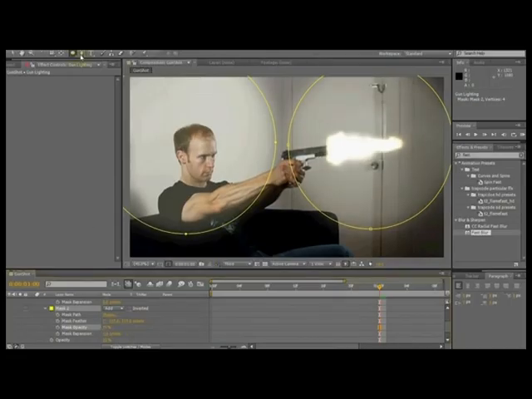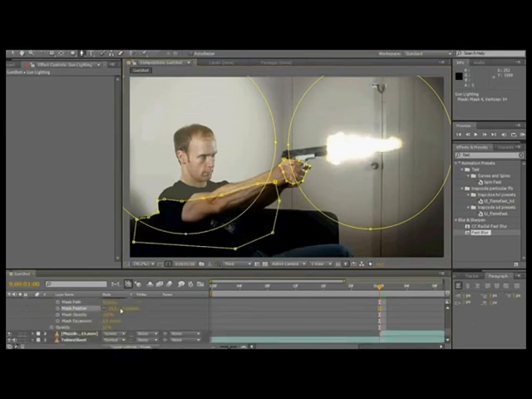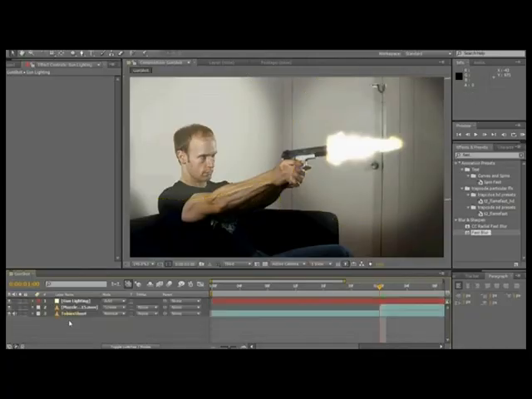Then I'm going to increase the feather amount and reduce the opacity of some of these masks just so that it's not quite as harsh and unnatural. The other thing I want to do is use subtractive masks for underneath my arm and my right shoulder because that area would not be in light if there was an actual muzzle flash in the scene. Now, this doesn't look too bad, however I still find that the lighting kind of sits on top of